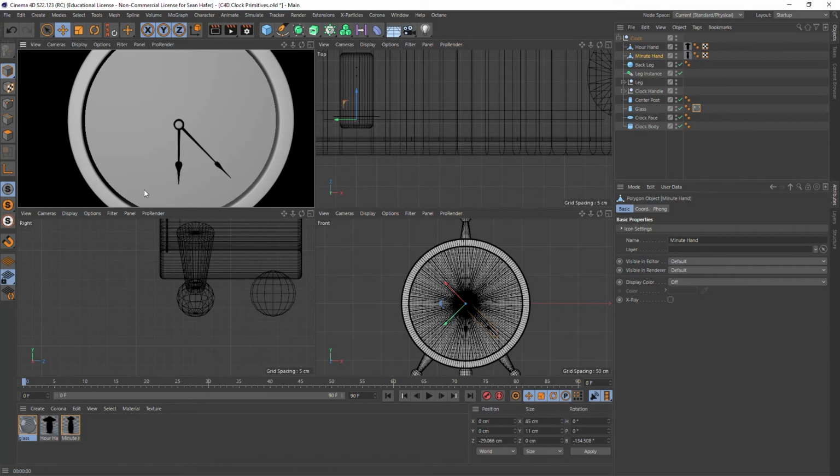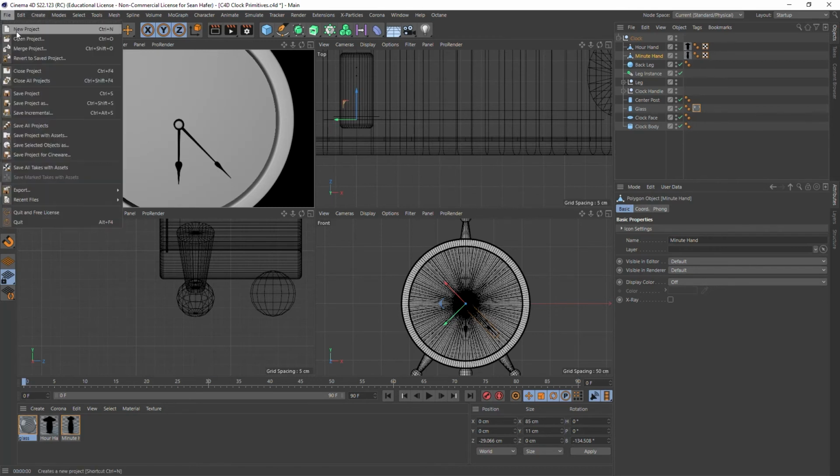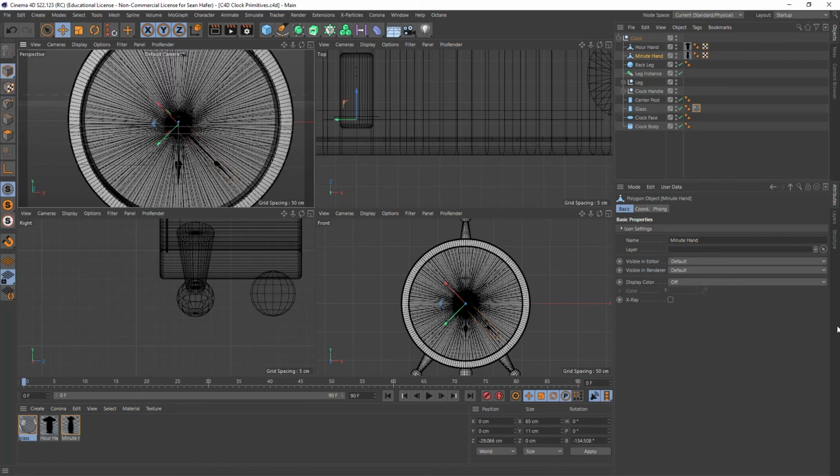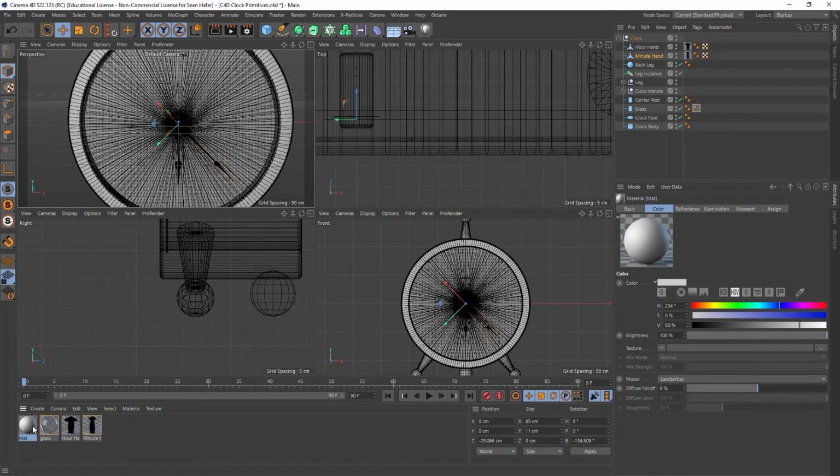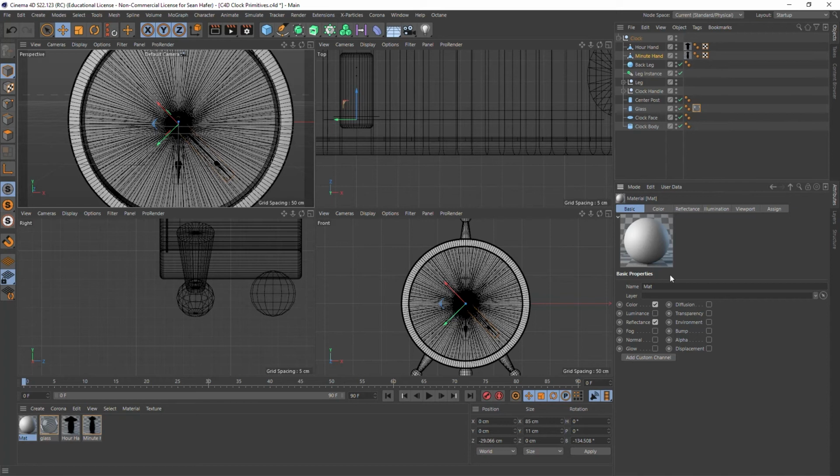Okay, let's go ahead and save. Now let's go ahead and create the clock face material. So we'll double click down here, and we can do one over here. So without double clicking the material, I can come up here. Now, if I want to change the name, I can just go to basic, and that's where the name is. I can also double click down here in just the name and change the name. So I could say clock face,